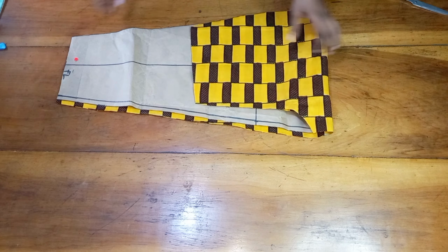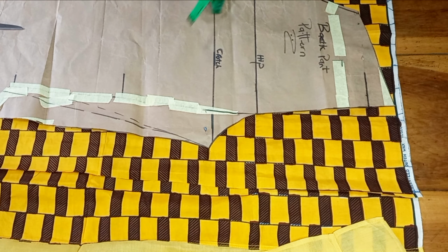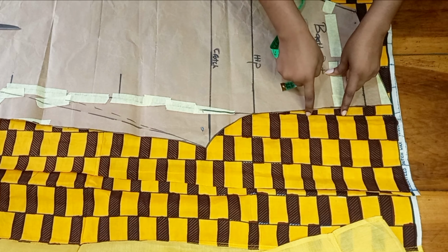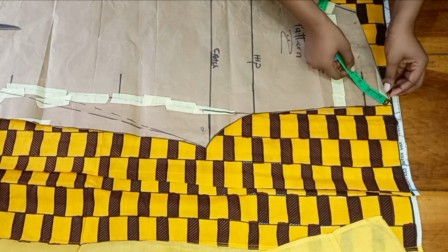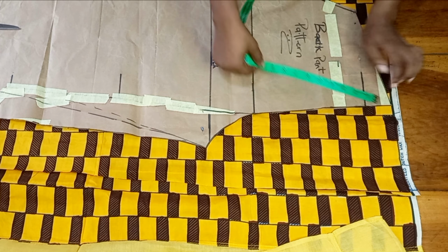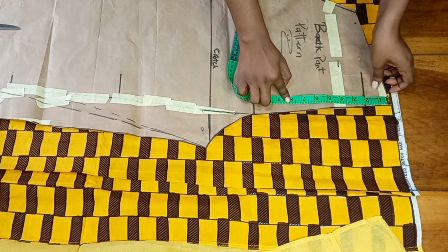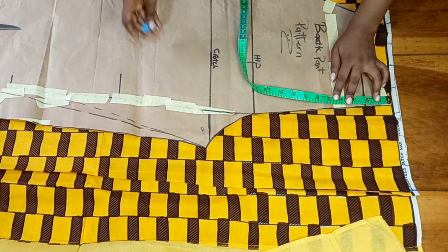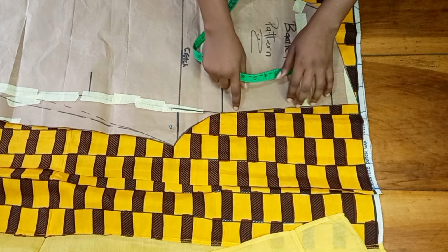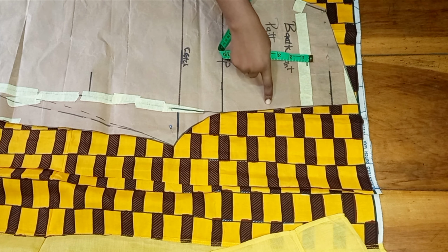Now we're going to do the same for the back pattern. Fold your fabric into two, place your pattern on the paper, and I need you to pay attention to this, y'all. From this part, we're going to be adding our zip at the back, right? So from the top part, I'm just going to go ahead and eliminate how much band I want for my pants, right? So here I have 8 if we measure just from the top of the pattern paper to the bottom, but I'm going to go ahead and remove what I'm going to be using for my band